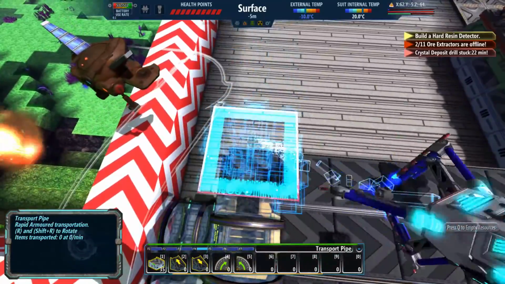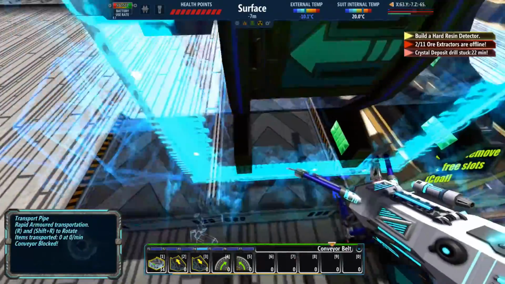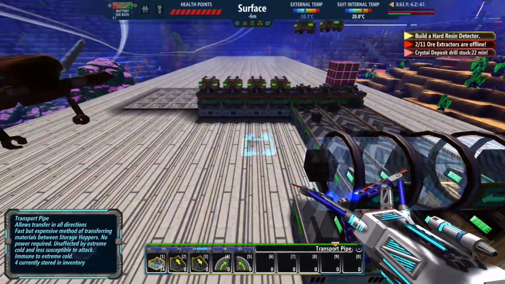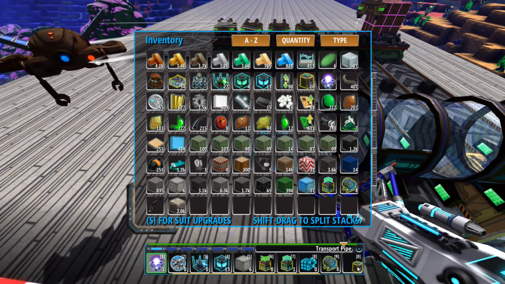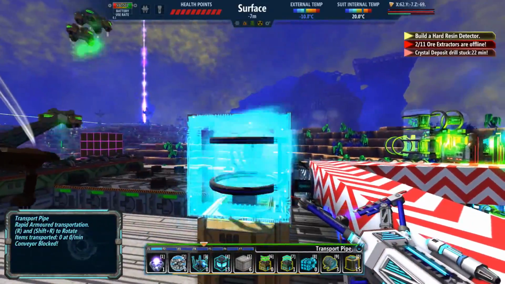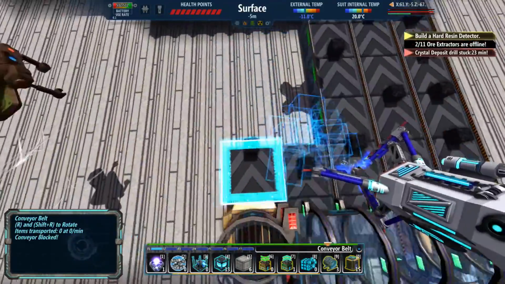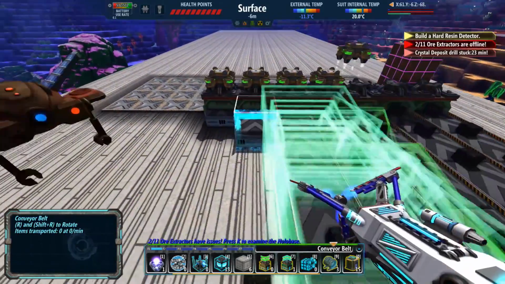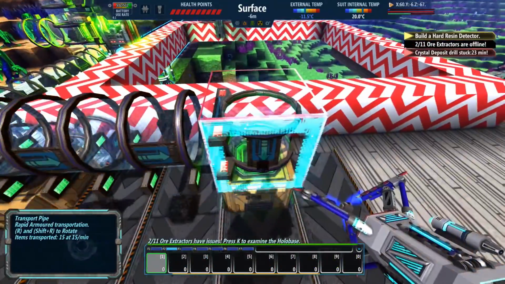Then if I come over this way, let's put one of these guys down here. And throw another hopper. Which I should probably just put the hoppers on the hotbar. It'd be a little bit easier. You're going to feed right into it. And then those guys lead right into there. And then at least...